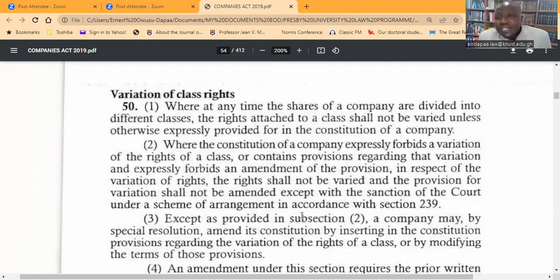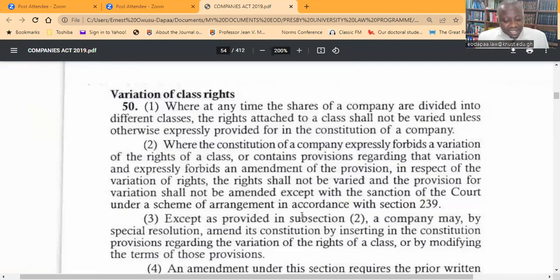Yeah, so section 50 subsection 3: except as provided in subsection 2, a company may, by a special resolution, amend its Constitution by inserting in the Constitution provisions regarding the variation of the rights of a class, modifying the terms of this provision. So it is permitted for the company to alter its Constitution. If you remember, when we discussed alteration of the registered Constitution of the company, especially under section 30, alteration, amendment, and revocation of the Constitution, we also made reference to where you want to amend provisions regarding variation of class rights. And I'm referring you to section 30,